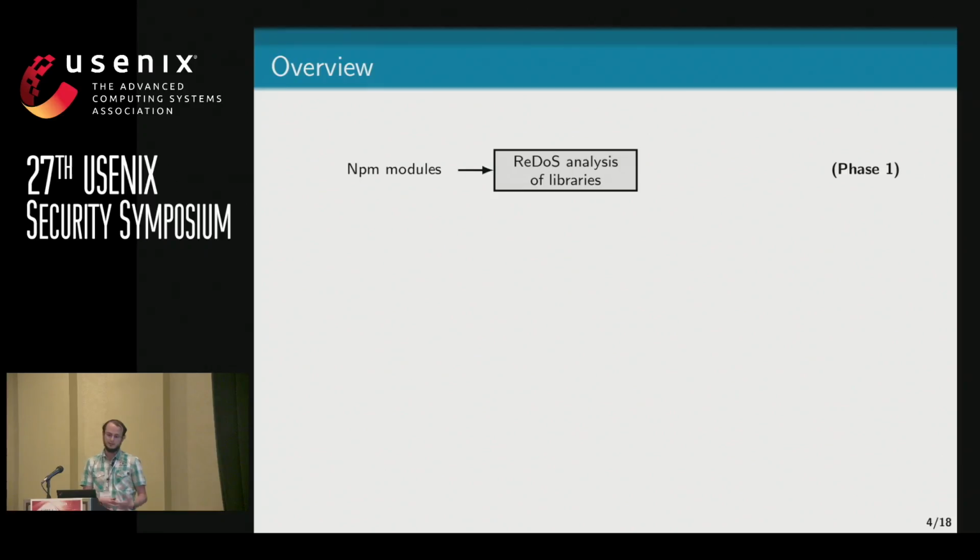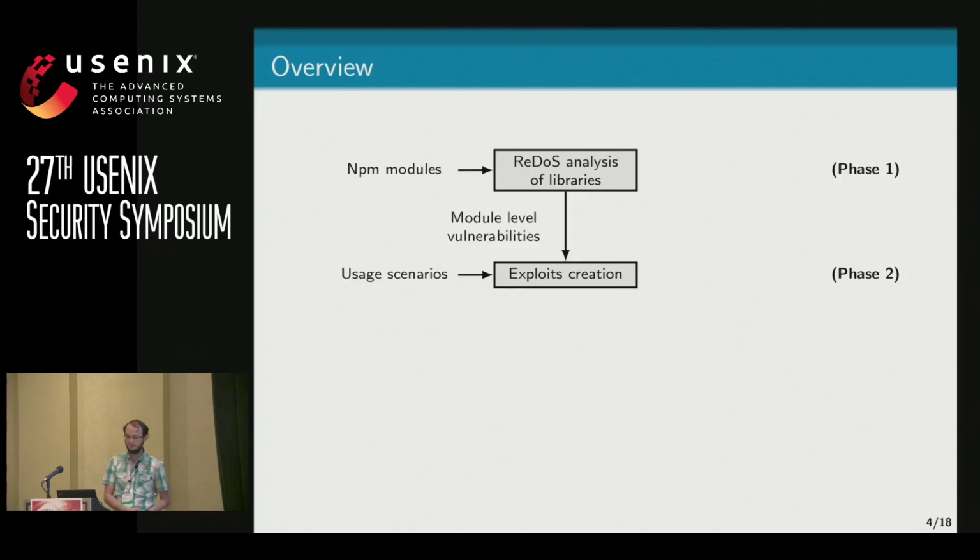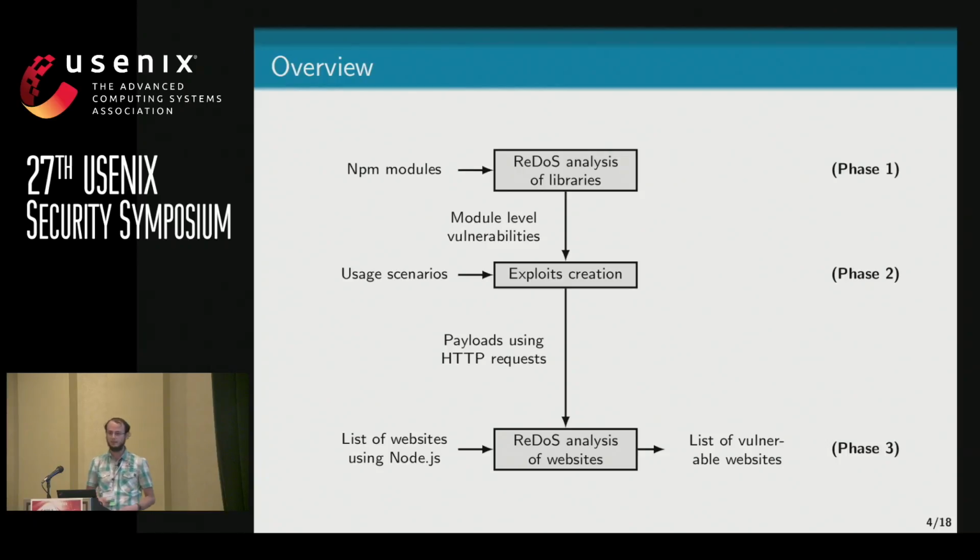So in our methodology, we start with npm modules. These are libraries for Node.js, open source libraries. We find module-level vulnerabilities in the first stage. Once we have these vulnerabilities, we install a local version of Node.js and imagine how the developers would use these vulnerable libraries. Once we have these scenarios in which we say how the developer used the vulnerable library, we create an HTTP level payload in which we deliver this